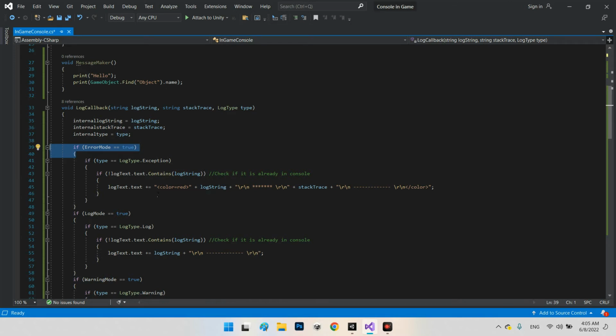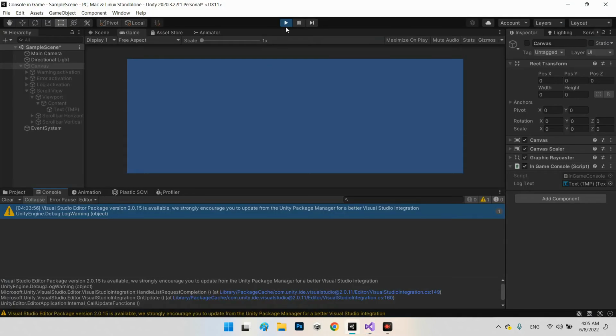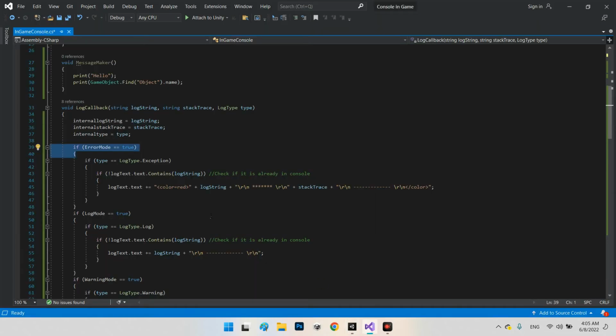If we want to simulate the console of the Unity, we will say, okay, warning is yellow and error is red and normal log is white. Now we will say logText.text plus equal the color equal red, then